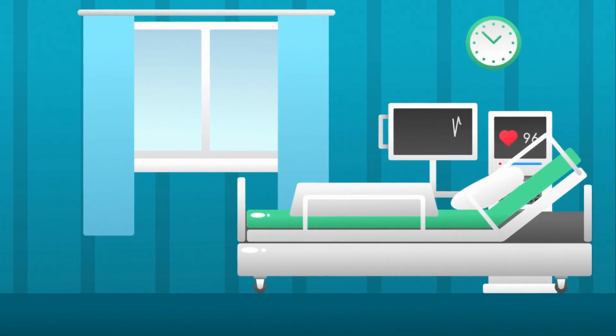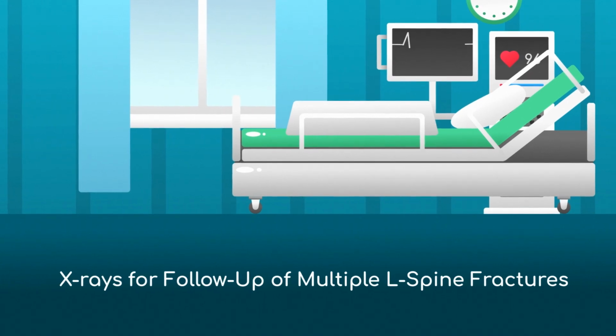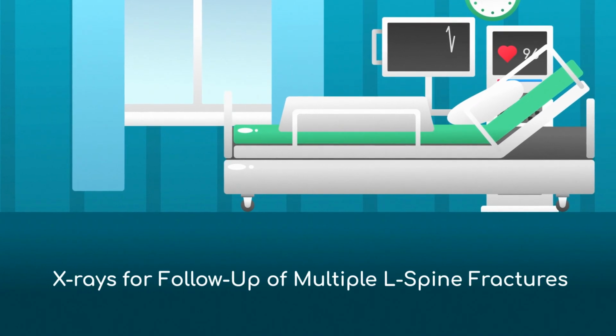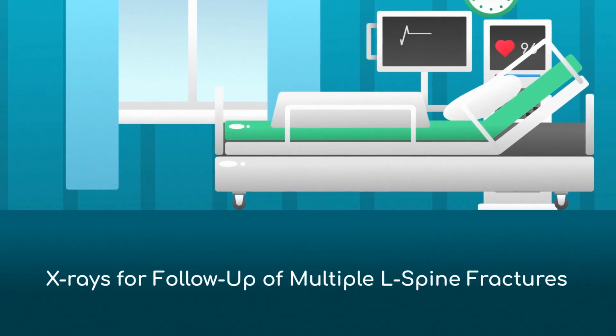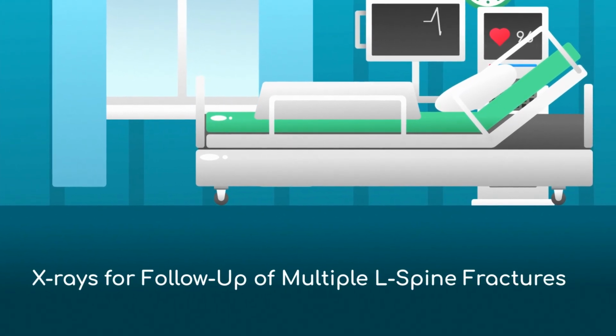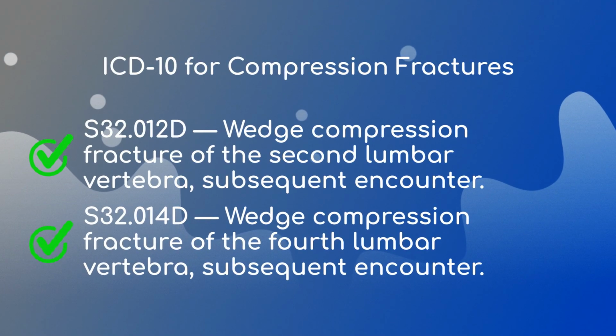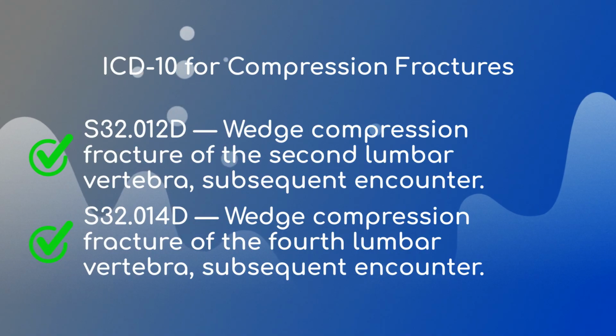This is clearly a follow-up study, not the first time the fractures were seen. Because prior imaging is referenced, and the fractures are described as unchanged or healing, we'll use the 7th character D, indicating a subsequent encounter for fracture with routine healing. The most appropriate ICD-10-CM codes are, first, for the compression fractures, S